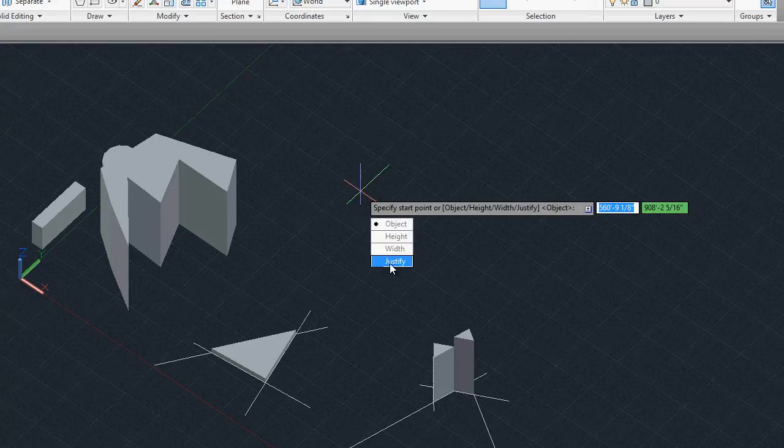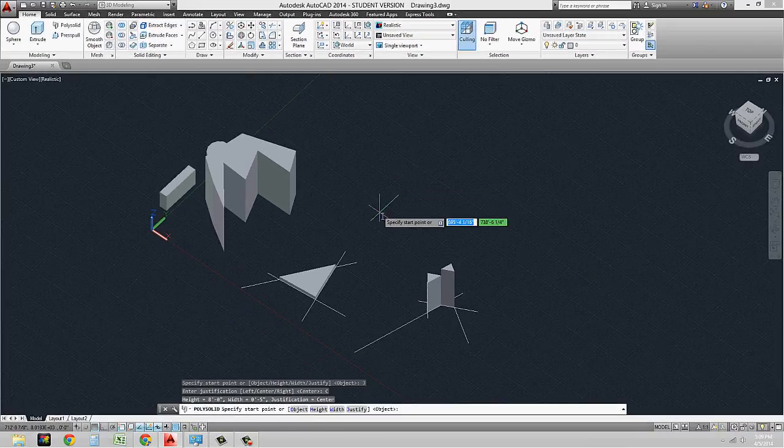And then I can also figure out where it's going to be justified. So I can either justify it on the center, I can justify it on the left side or the right side. It's up to you. The default, as you see down here, is actually center, but it does give us these options if we click on justify, left, center, or right. So if we want to keep it on center, we can just click on that or hit enter, and I'm going to specify